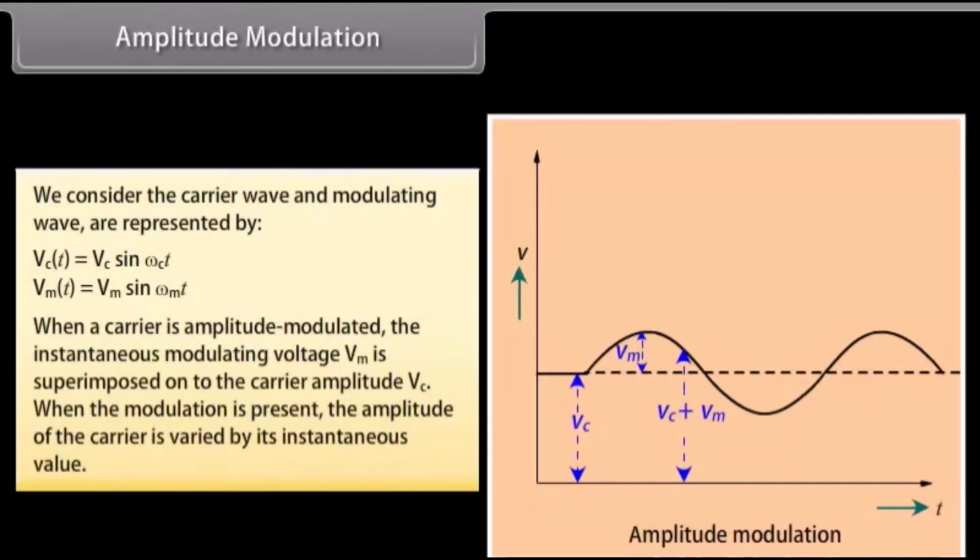When a carrier is amplitude modulated, the instantaneous modulating voltage Vm is superimposed onto the carrier amplitude Vc. When the modulation is present, the amplitude of the carrier is varied by its instantaneous value. The modulated carrier wave is given by v(t) = (Vc + Vm sin omega_m t) multiplied by sin